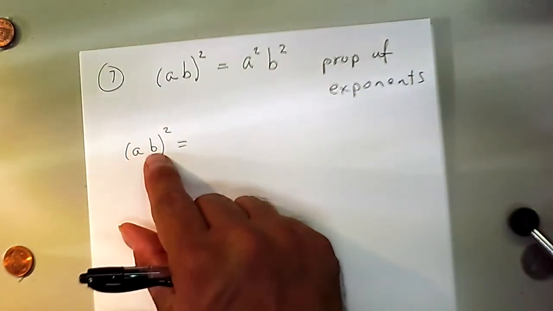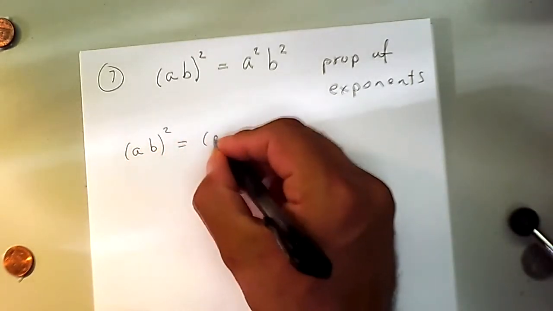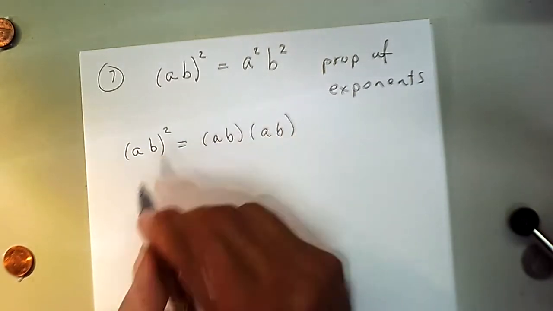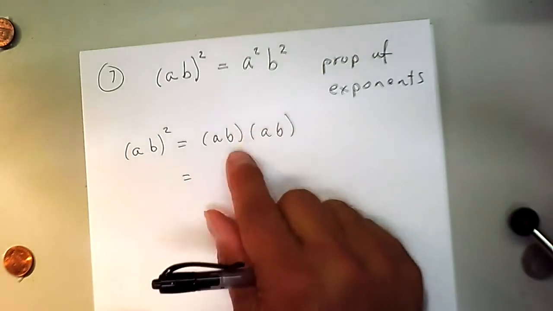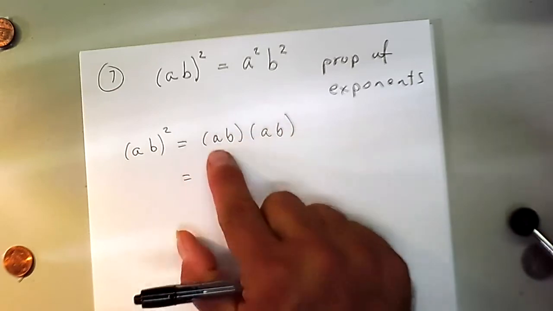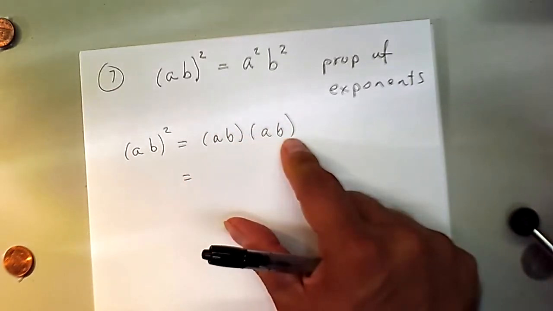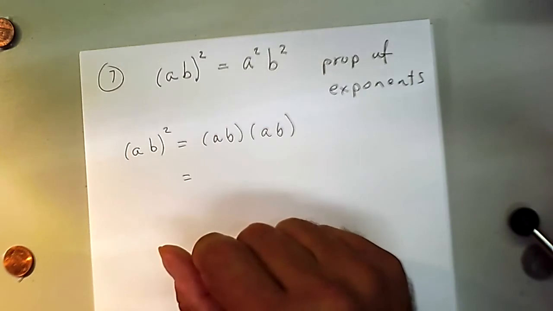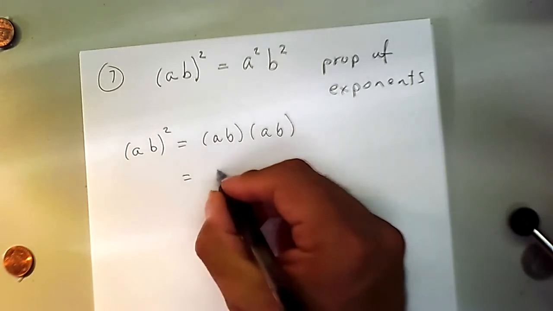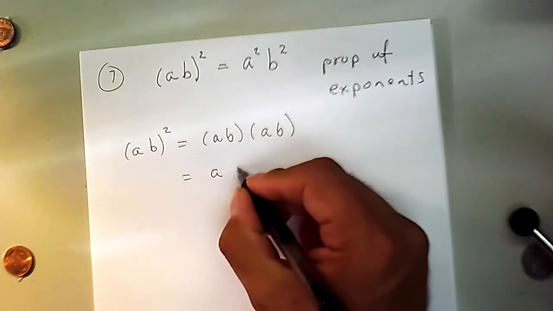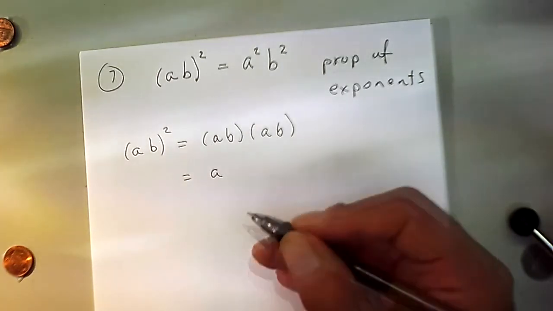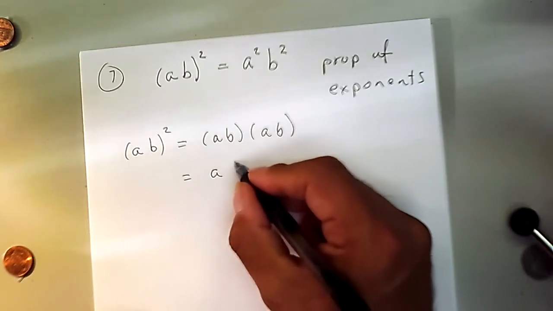So (AB) squared really means AB and then AB multiplied together. That's what the exponent does. And then if we want to rewrite this, we have to reassociate via multiplication. So we're going to use the associative property of multiplication, a generalized version of it. Even though I'm showing you step by step, I'm still using some shortcuts, which is very interesting.